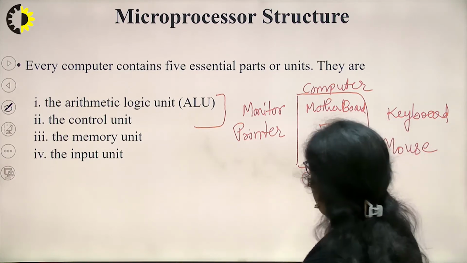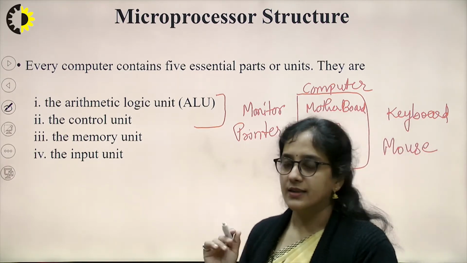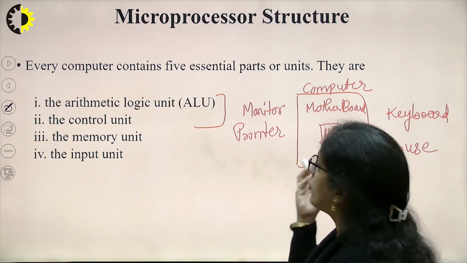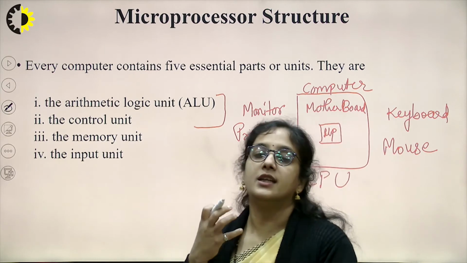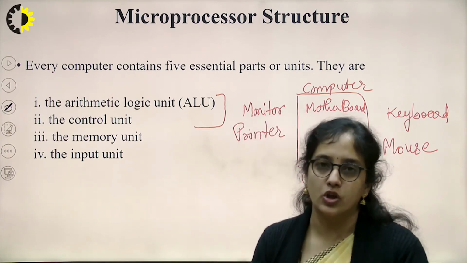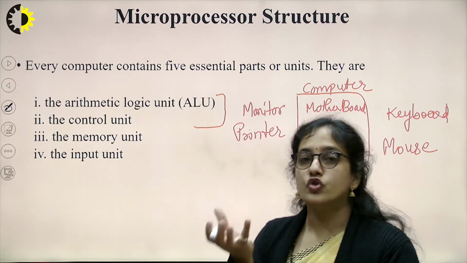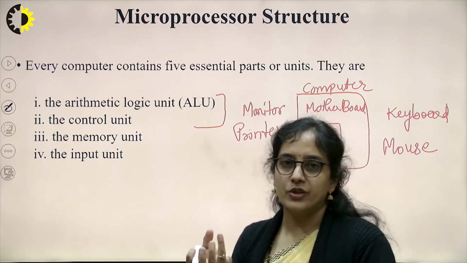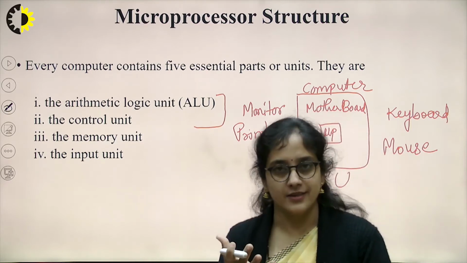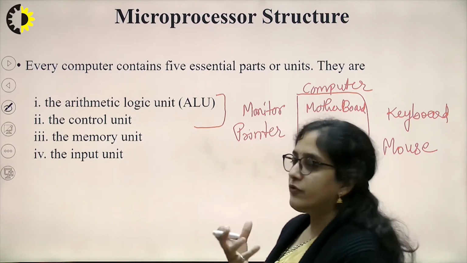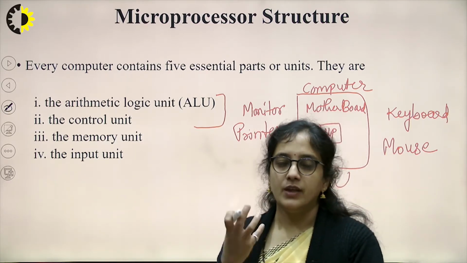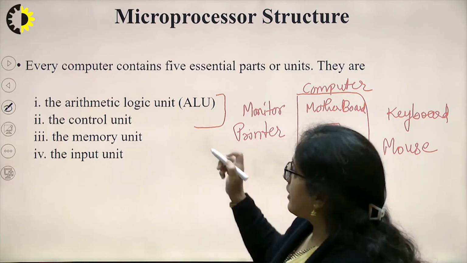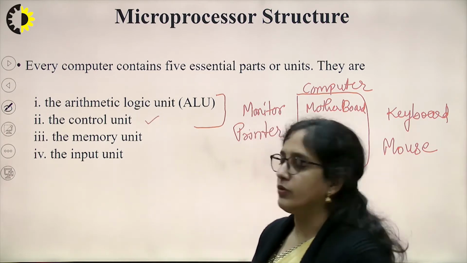This microprocessor is a programmable device which consists of your arithmetic logic unit, which performs arithmetic and logical operations on data. For temporary storage of data before performing any operation it uses the registers, and to perform each and every operation it needs control, so that controlling is done through the control unit.